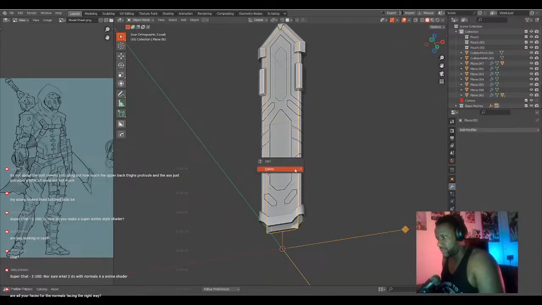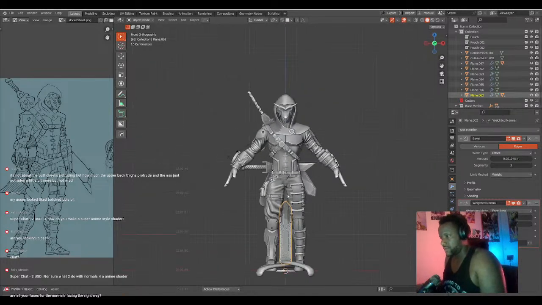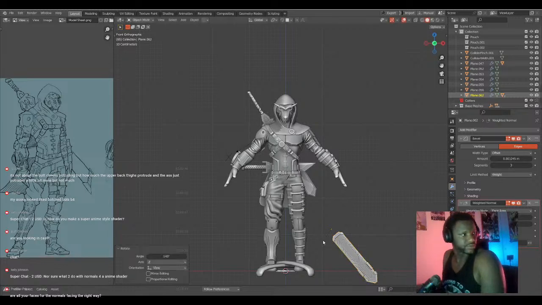And that'll be that. We can delete this and unisolate everything. And with this new mighty sword holder,